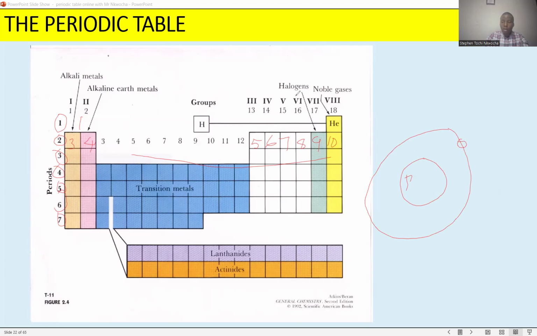Now I'm going to draw another one on my left hand at the bottom. You have a new proton. This is our proton. Nucleus, proton, proton. So I have like 4 protons there. Now I have the same electron. So now, what do you think? Where will you have more attraction? Is it the one that has more protons or the one that has less protons? Obviously, the one that has more protons. So that's why we say across the period, once the atomic size is reducing,